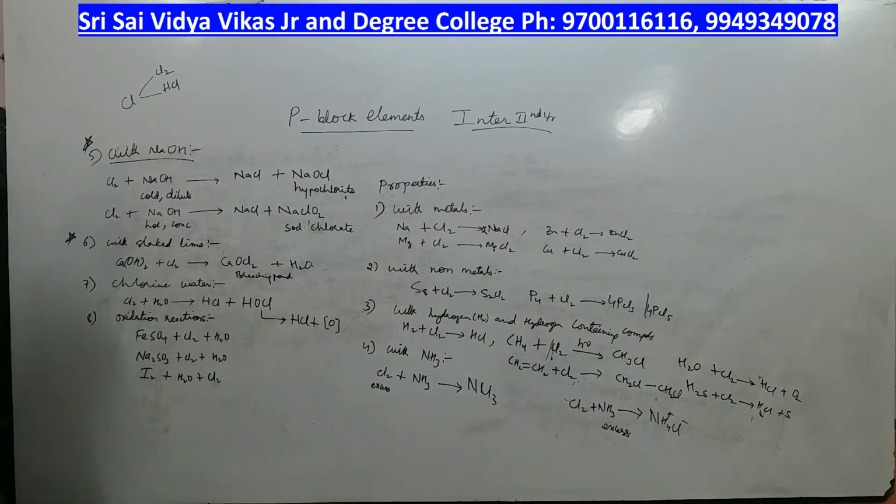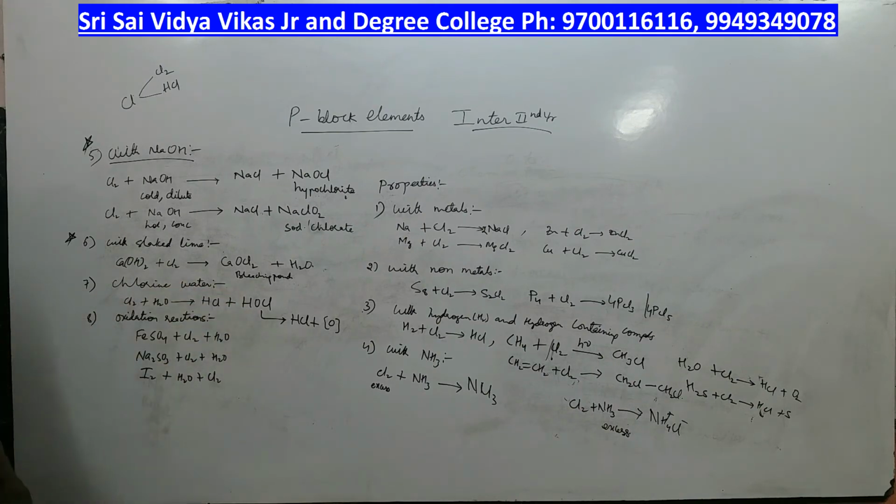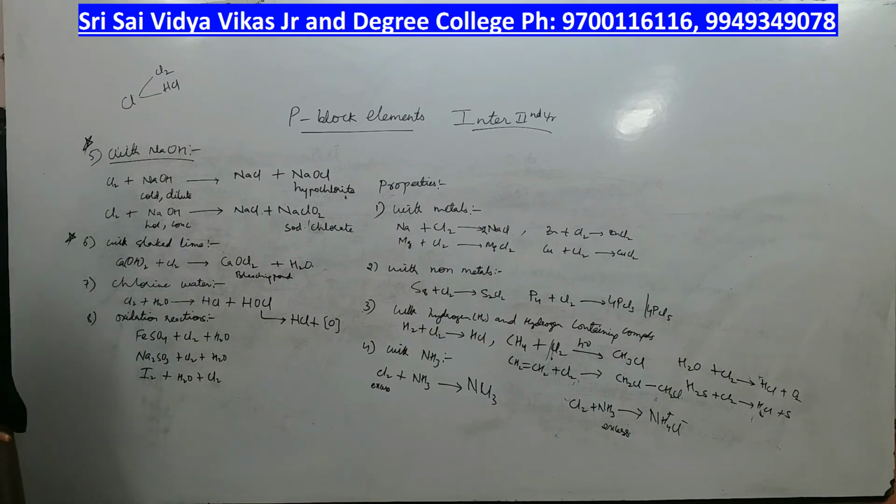But here, the heading you have to write is the reaction of chlorine water. On standing, the yellow color of chlorine disappears because it gets converted into HCl and hypochlorous acid. Hypochlorous acid is an unstable acid, it releases nascent oxygen. Where else have you seen nascent oxygen? In ozone properties. Ozone also releases nascent oxygen, right? So whoever can release nascent oxygen is a very good oxidizing agent.